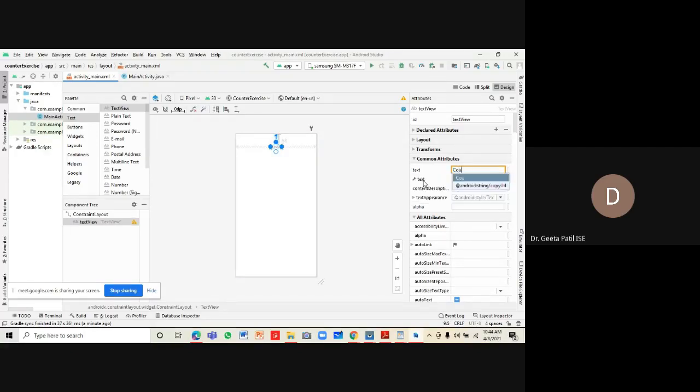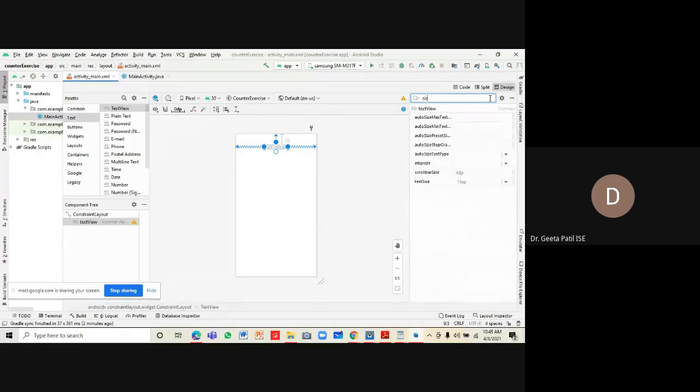So counter application is the name of this, and let us set the size of the text. If I'm not finding the attribute, I will be typing it. So text size, it is 14 sp. Let us change it to maybe 30 sp. So we get it quite bigger.